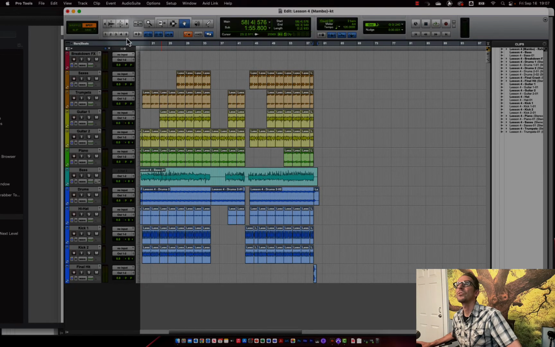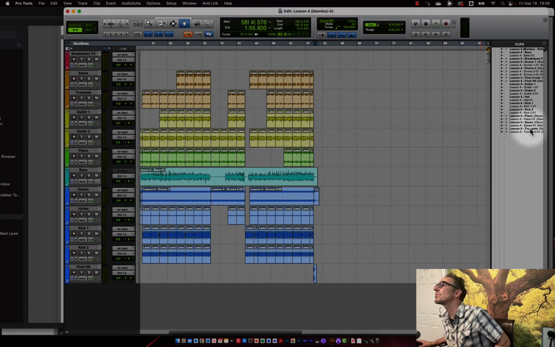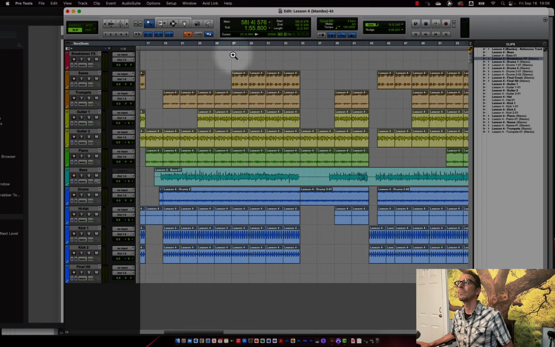Okay, so let's go into slip mode. I call this chaos mode because you can do whatever you want. They want this to start around bar 35. So let's find, there it is, breakdown effects right there. Let's zoom in. Here's bar 35. We're in slip mode. Let's do the grabber. Take the breakdown effects